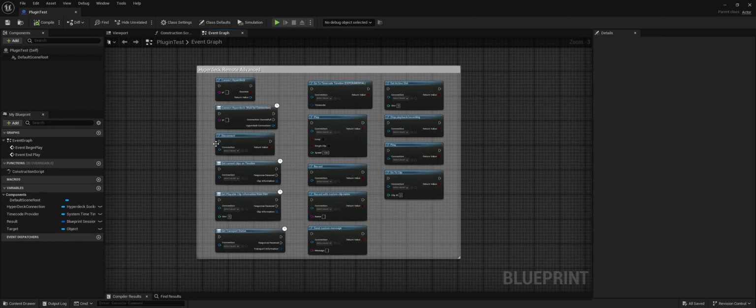So a while ago I made a Hyperdeck plugin for Unreal Engine 5, and now I made an advanced version. This is version 0.7. I'm still planning to add a couple of things, but I already released it, so you can already play around with it. So these are the nodes that are in the advanced version,